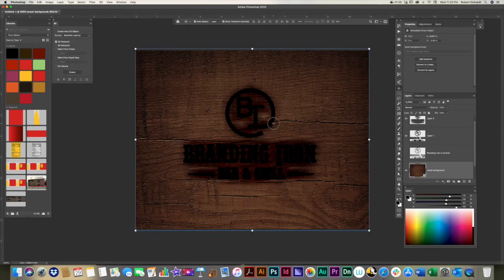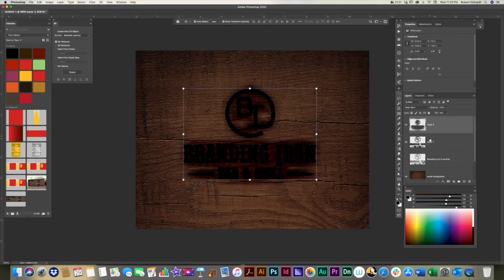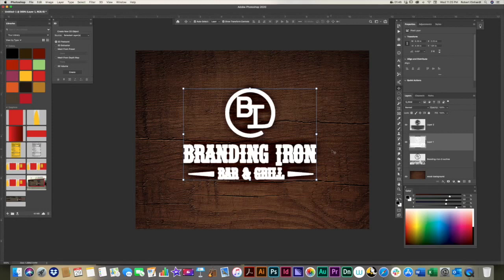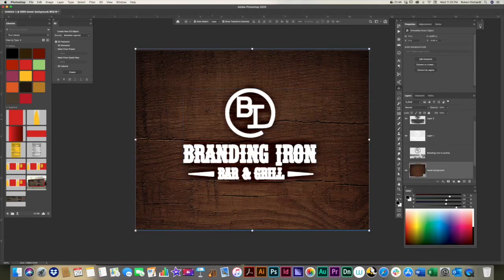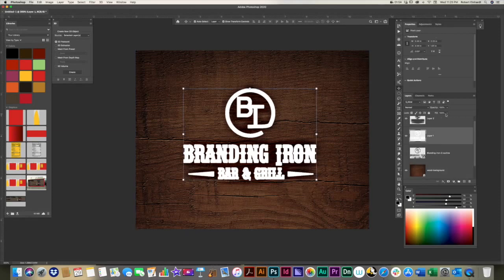So anyway, we have our image here. We want to turn it into white, right? Make sure you're on the layer. We're going to hit Option Delete to switch it to white. Or I'm sorry, I take that back. Command I to invert, not Option Delete, Command I. So we want to go from black to white. Command I, that changes the image from black to white. So you have this image here, and I want to re-highlight this, and we can turn our opacity down,